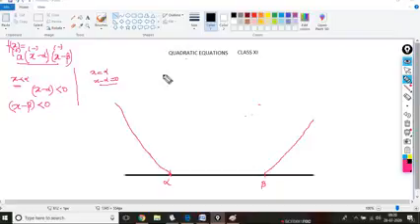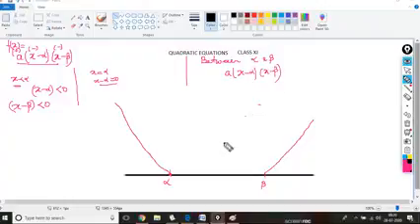Let us now look at between alpha and beta. If it is between alpha and beta, then my expression is basically a into x minus alpha into x minus beta. Now I am talking about these x's. For these x's, what is x minus beta? These x's are between alpha and beta. They are lesser than beta and greater than alpha.